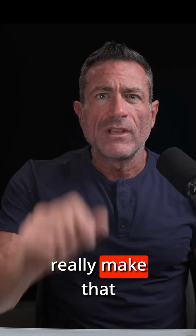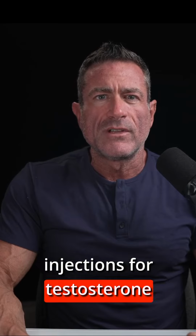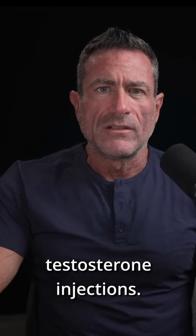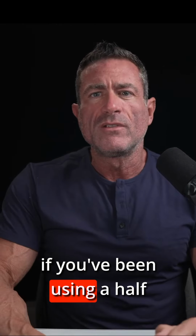Can an eighth of an inch really make that much of a difference? When you're talking about shallow intramuscular injections for testosterone replacement therapy, it can. Let's talk about needle length for testosterone injections. Specifically, why a 5/8 inch needle could be a smart move if you've been using a half-inch needle for a